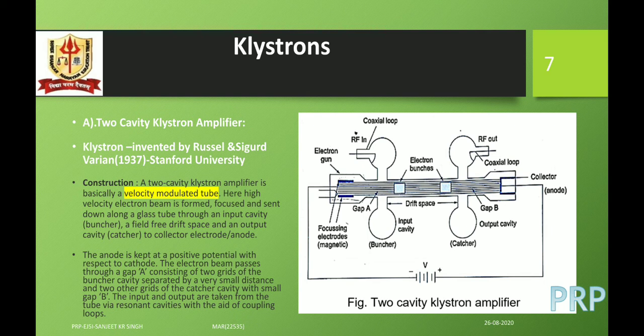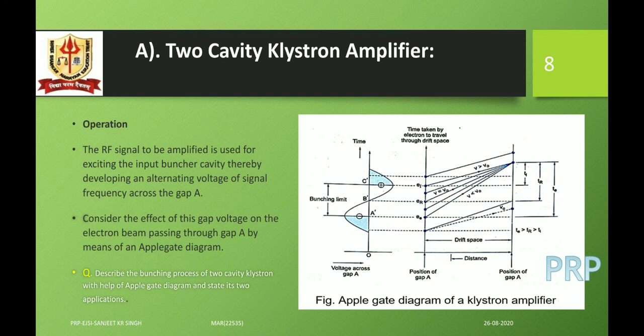So when the radio frequency voltage is at, say, point B, the zero point, the anode or radio frequency voltage is 0, that means the electron beam is passing without any change in velocity, with its initial velocity. And after some time, when the voltage is reaching the negative peak at point C, then the electron beam is retarded, and due to retardation, the reference electron catches up with the retarded electron.